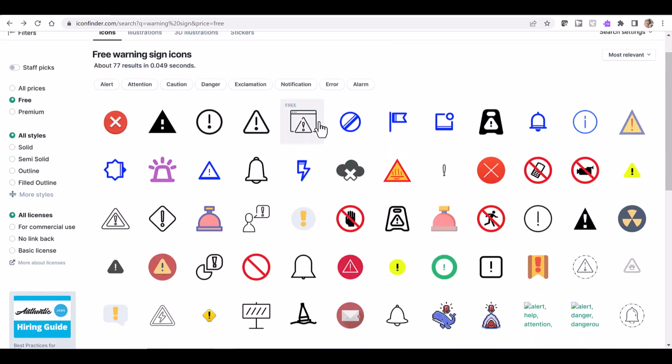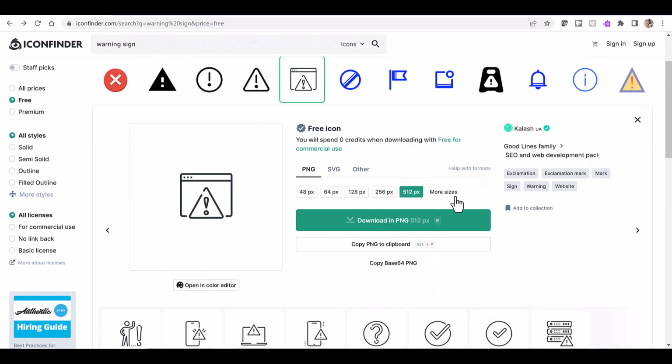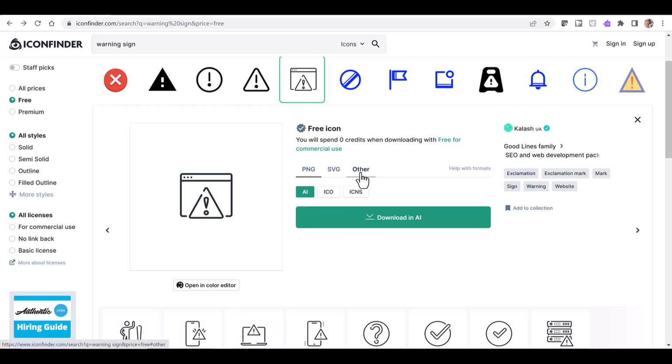I'm just going to click on one randomly. It gives you different sizes that you can download. You can download it as a PNG, or you can even download it as an Illustrator file, and you can take that into Adobe Illustrator if you're familiar with that program, and you can change the colors and things like that to match whatever aesthetics you already have in place, if that's something that you would like to do.